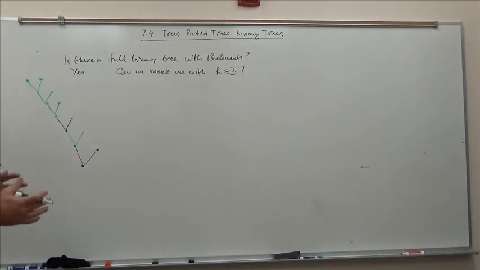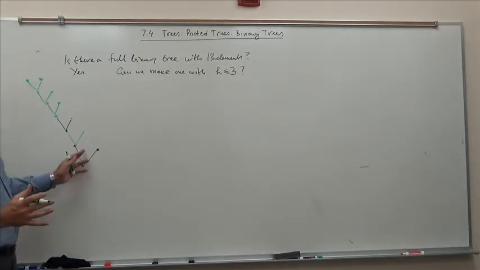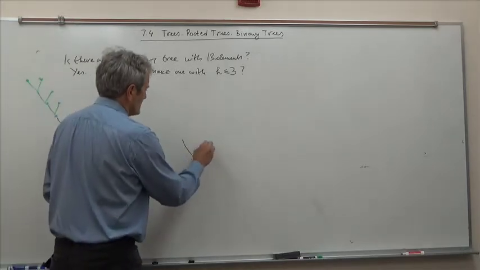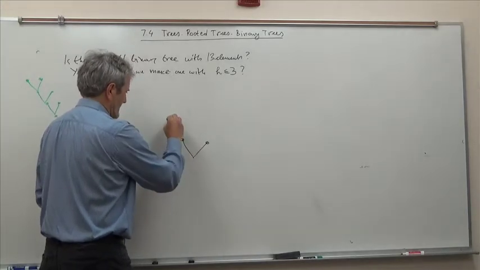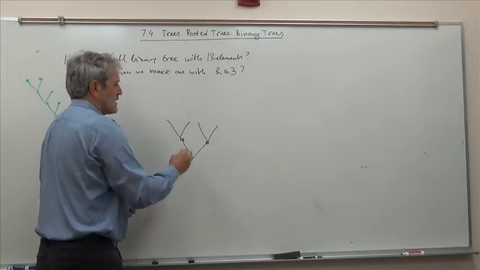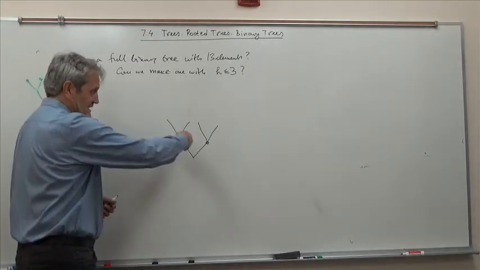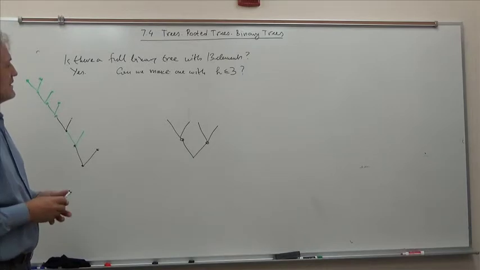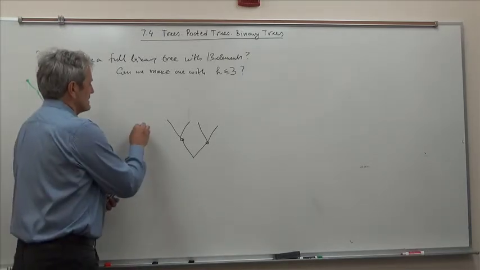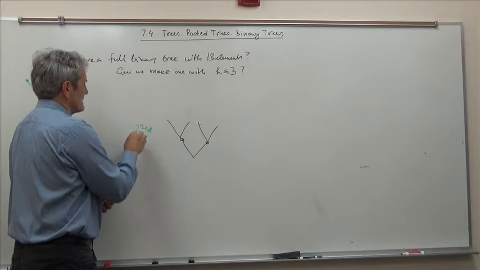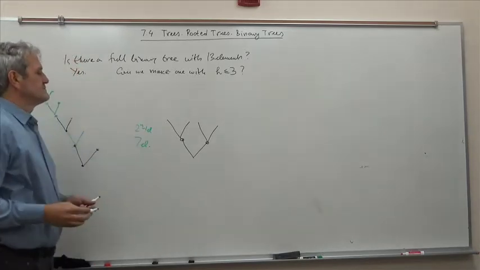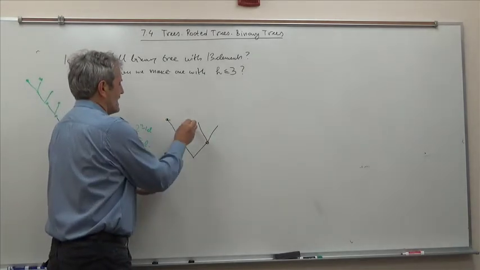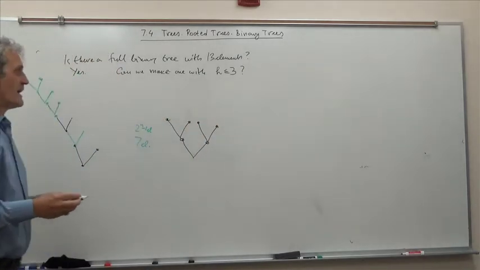So generally, if you want to be most efficient with the height, then you want a tree that branches all the time. So here's what you would do. That's 3. Everybody branches. How much is that? That's 7. Actually, a full binary tree with branching all the time has 2 to the n minus 1 elements. So this one has 7, for example. So 1 and 2, 3 and 4 is 7. My height is 2.